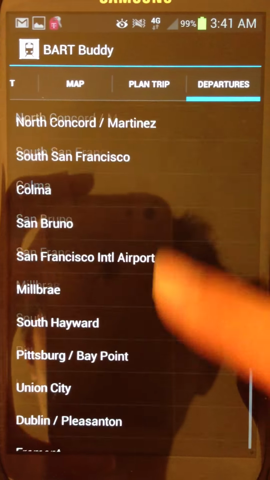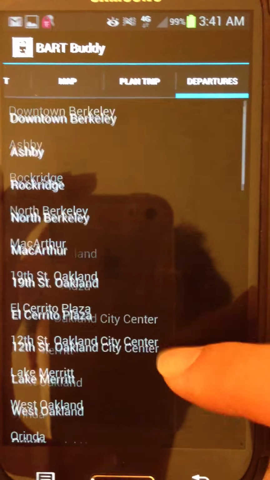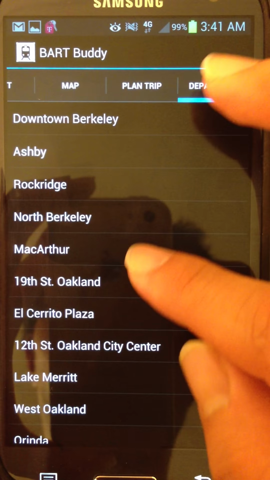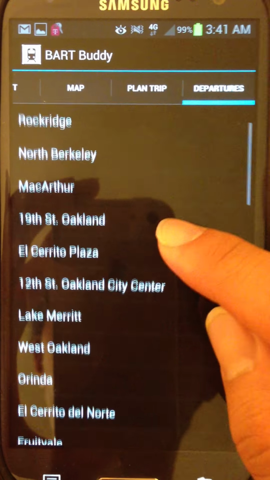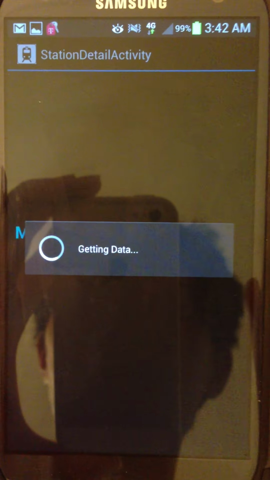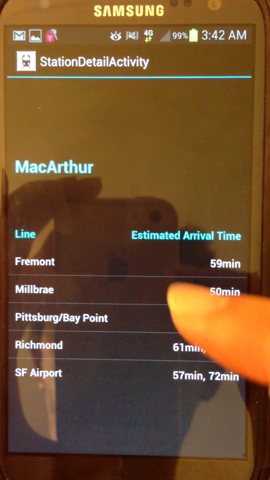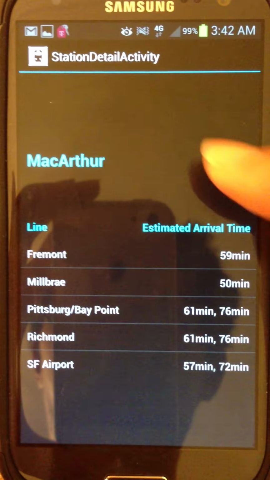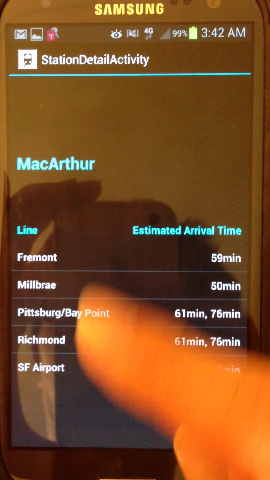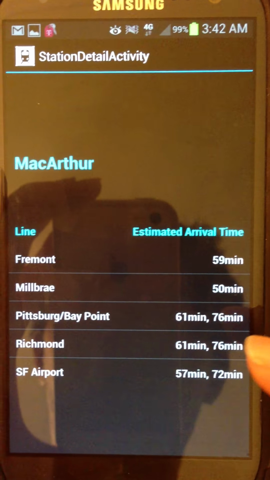So essentially, this is using the GPS API. Next, if we want to simply get the departure information, we can simply click on one of the locations. And once again, we have the extra credit loading screen. And now we'll get the information for which lines of the trains are coming and also their estimated time of